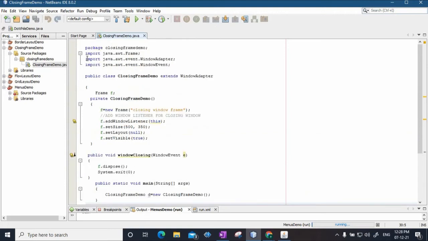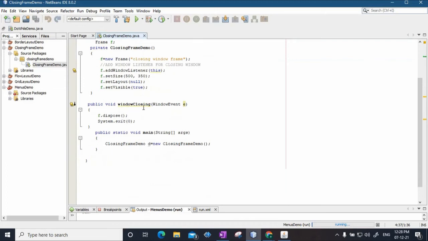First, I require two import statements. One from the java.awt.event package, the WindowAdapter class, which has all the functionality pertaining to closing the window. That class has to be imported. Second, there is a method called windowClosing.